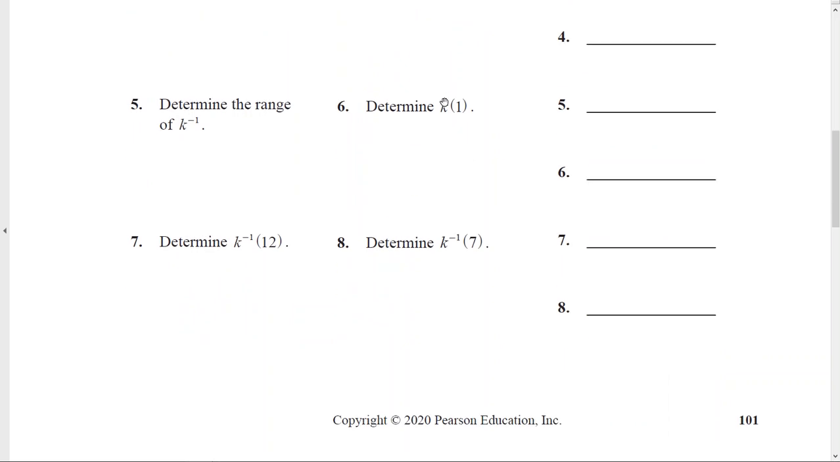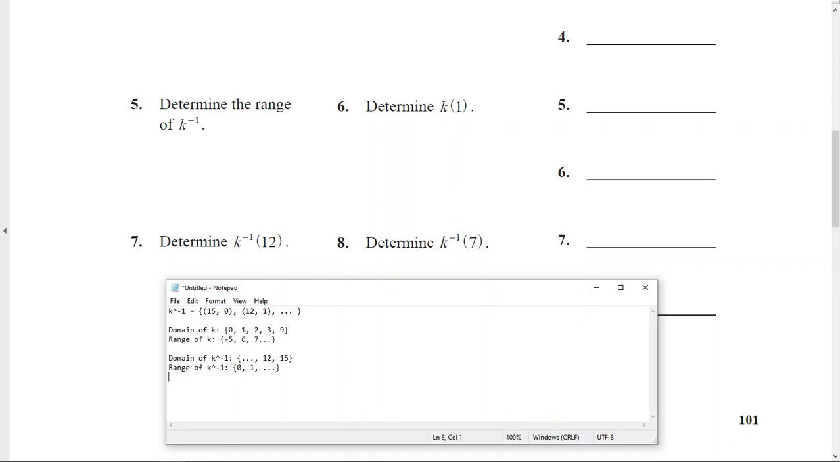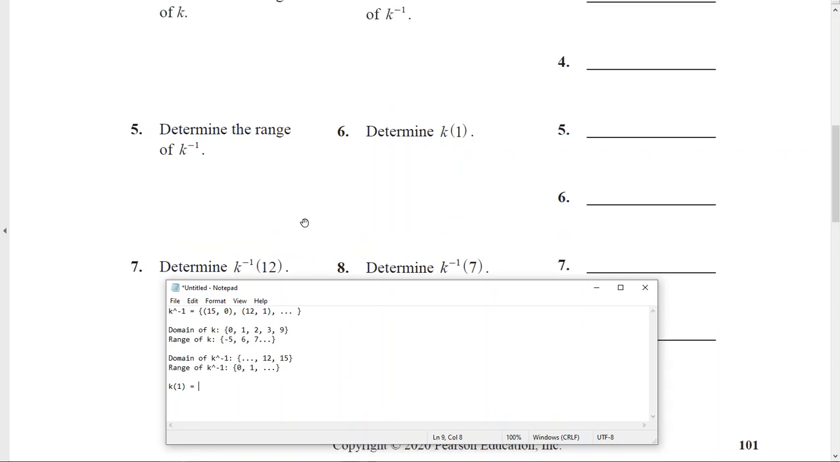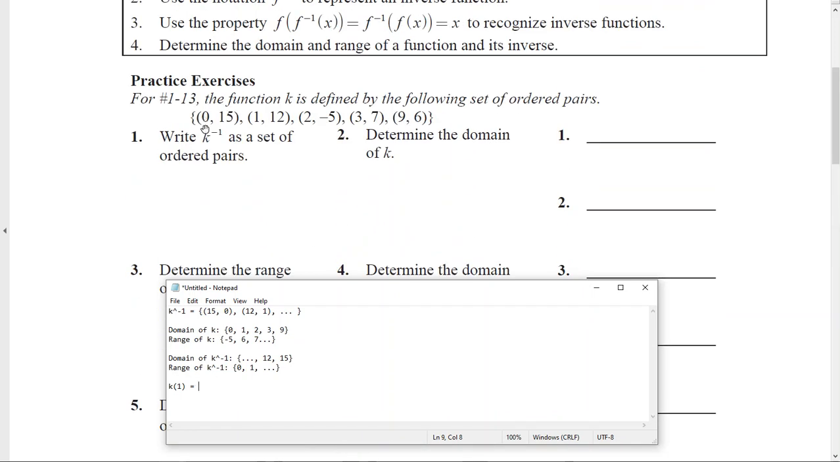All right, and then determine k of 1, k inverse of 12, and so on. So if I look at just one or two of those, look at 6 and 7. K of 1: back up to my numerical function, 1 is an input for k, and so its output is 12. So k of 1 is 12. And then k inverse of